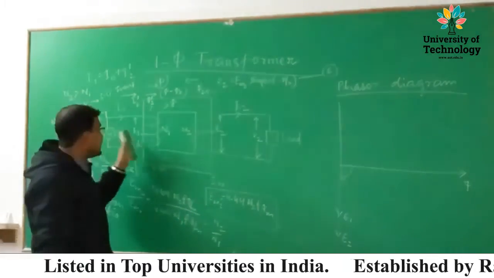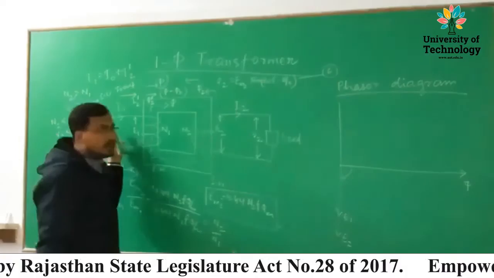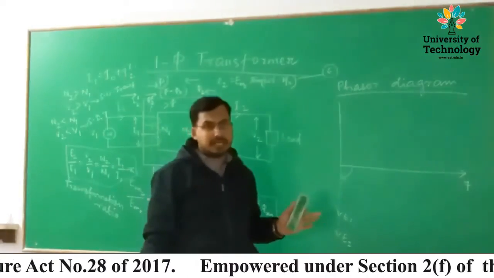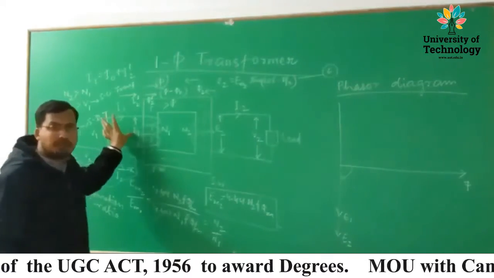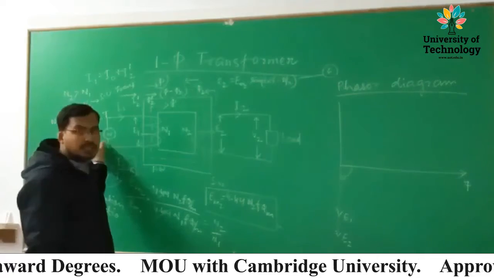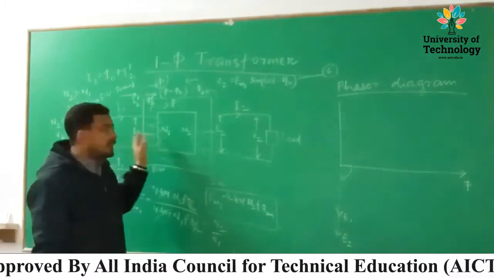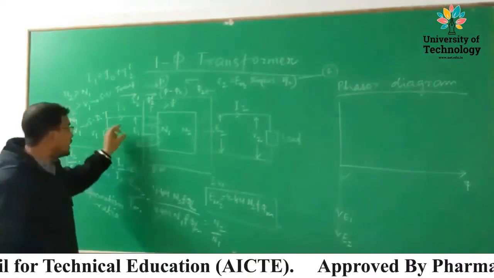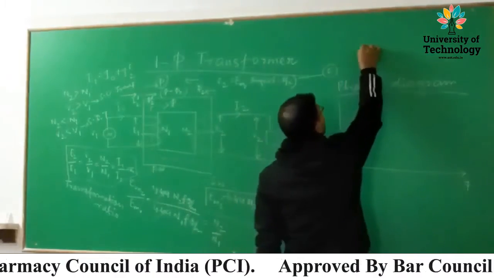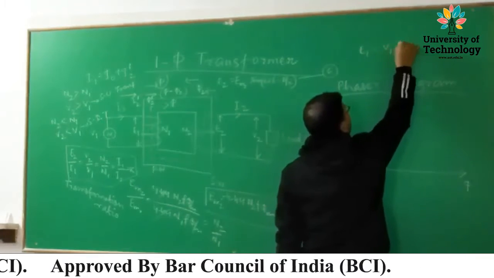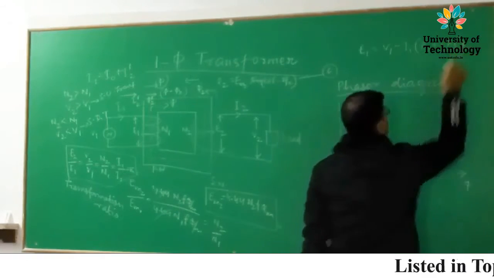V1 is the primary voltage, E1 is the induced voltage. Now in between these voltages there will be a difference in case of a practical transformer. In case of an ideal transformer there is no loss in the winding, so the input voltage or supply voltage is the same as the induced voltage. So V1 is equal to E1. But in case of a practical transformer, E1 is less than V1. By how much value? E1 we can write as V1 minus I1 into (R1 plus jX1).